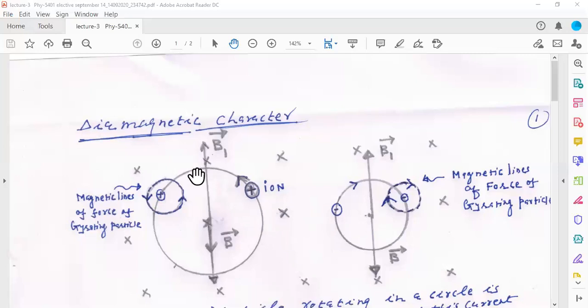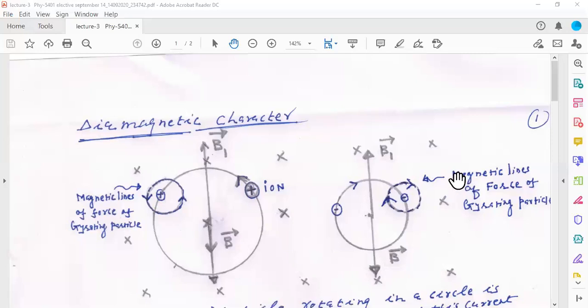Similarly, in this case you have your ion, and you see that the Larmor radius of the ion is greater than the Larmor radius of the electron, which we proved last time. And you see the ion is gyrating around the field lines in the anti-clockwise direction. You can explain this with the help of the right hand law, and I have explained how you can find the direction of gyration of a charged particle in a uniform magnetic field. I would like to explain it once again, because it is very important.